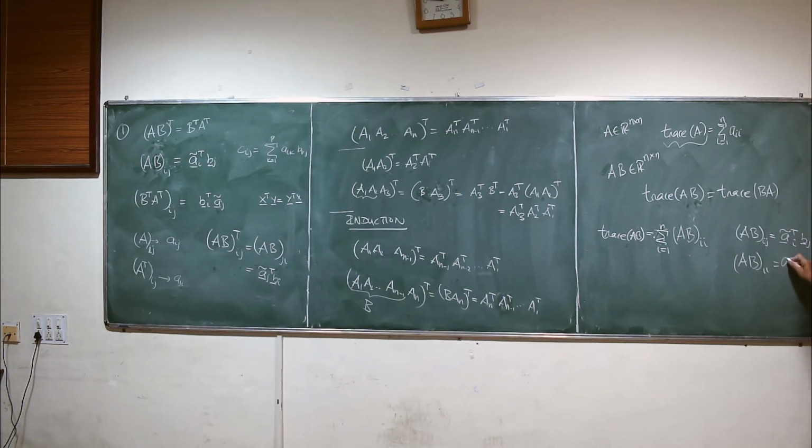will simply be the inner product of the ith row of A and the ith column of B. Right? All I've done is substitute j equals i. So for the diagonal elements, i and j are the same. So it's simply the inner product of